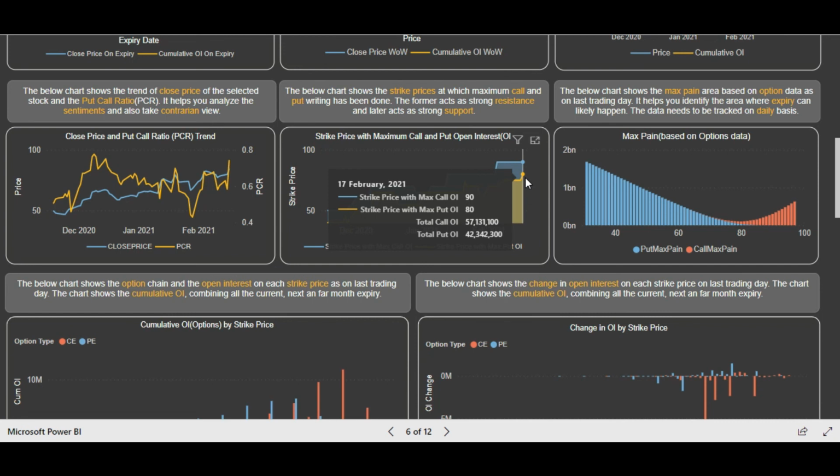So this will actually increase your probability of success, and also give you confidence that when you are taking the trade, you are not taking the trades based on emotions or gut feeling. You are taking the trade based on data. So that will give you the confidence and increase your probability. But anyways, you have to keep your stop losses or hedge your positions accordingly. So friends, these are the three scenarios or three examples we have covered in this video, and I hope you get great insights into how you can analyze the data in a holistic way, combining all the indicators in one page and take the high probability trades.